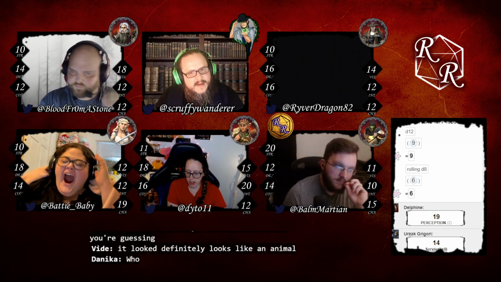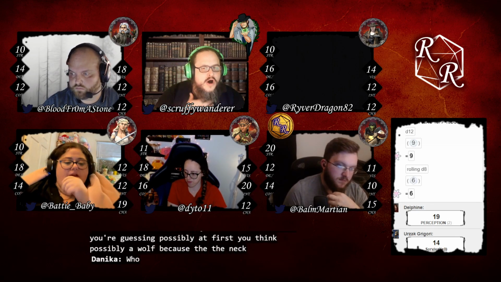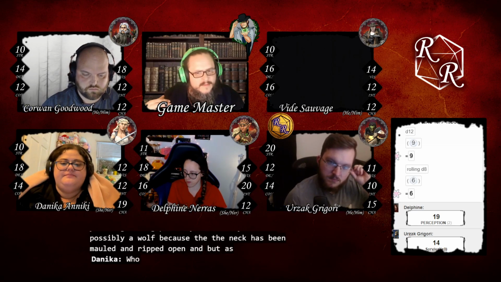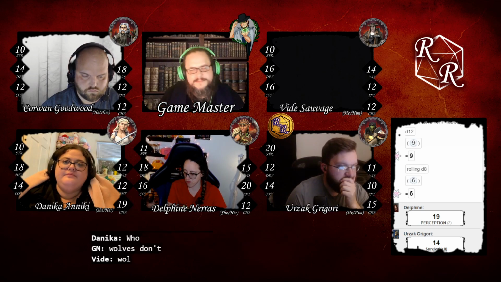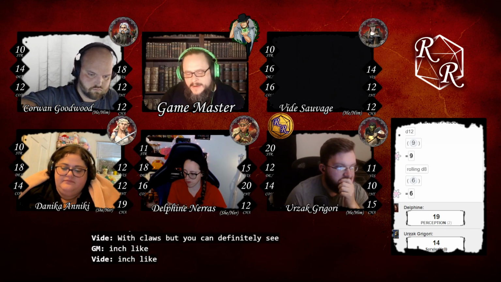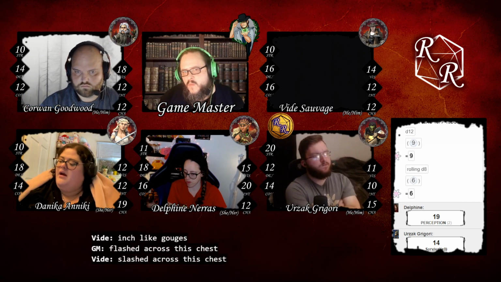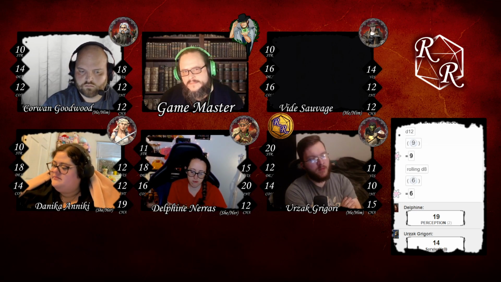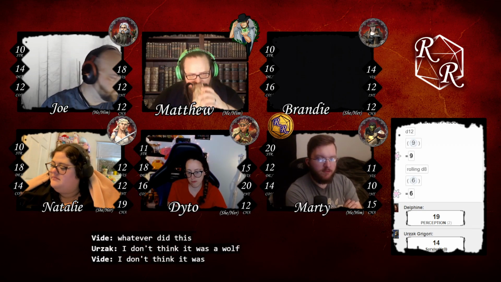You're guessing at first you think possibly a wolf because the neck has been mauled and ripped open, but as you're looking closer at the chest area, wolves don't rip with claws, but you can definitely see inch-like gouges slashed across this chest. Whatever did this, I don't think it was a wolf.